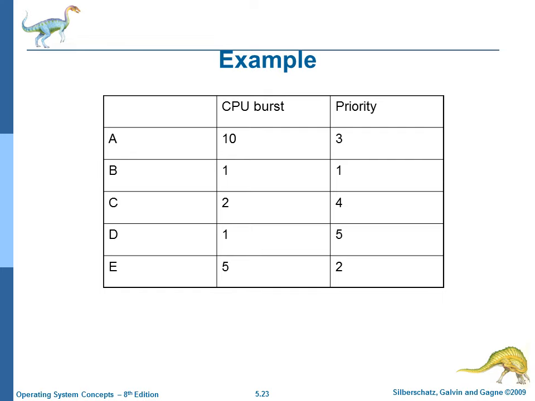For the example in front of you, process B will start executing because it has priority equal to 1, which means that it is the highest priority. So process B will work for 1 millisecond. After finishing, we check